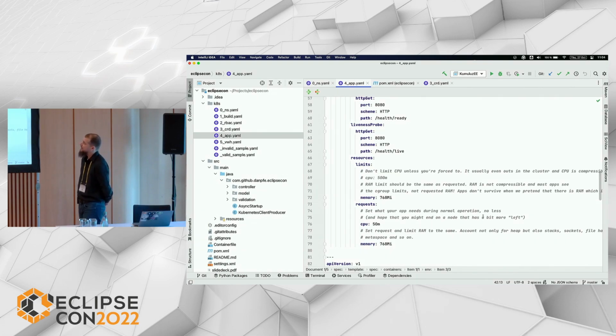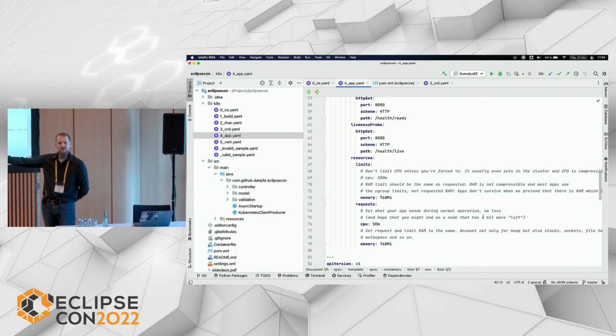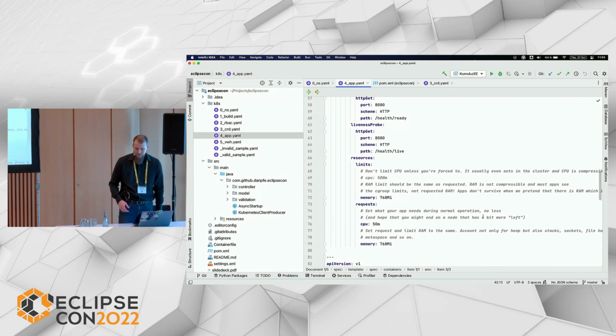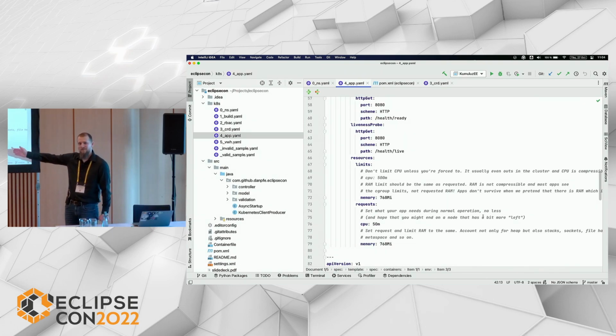And another good thing that I also haven't seen that many times is to set the memory request and the limit to the same thing. Most programming languages don't handle well if you pretend there is memory that simply doesn't exist. Java would crash. .NET would probably cache, like any application. And most of the applications look at the limits, not the requests, right? So set those to the same thing. But on the memory side only. On the CPU side, you don't need limits. It's a compressible resource. It will simply try to figure out later; set what you actually minimally need for the CPU.